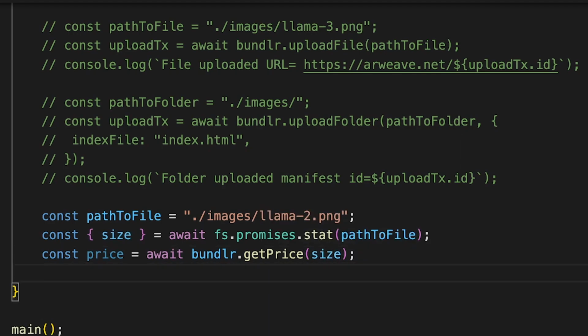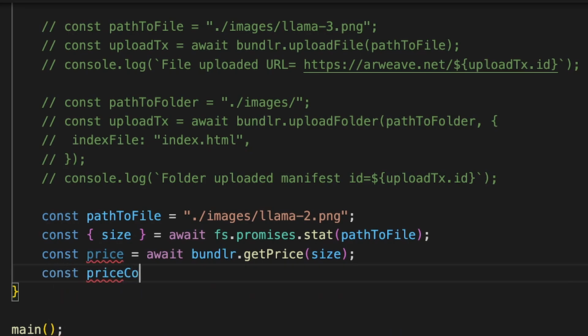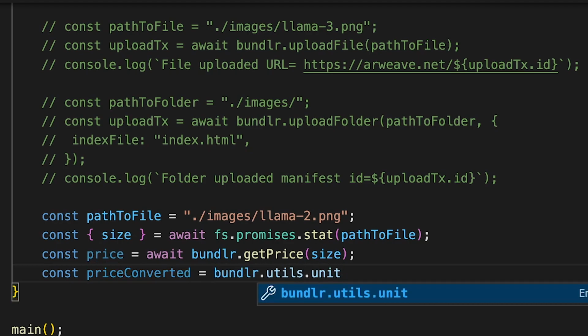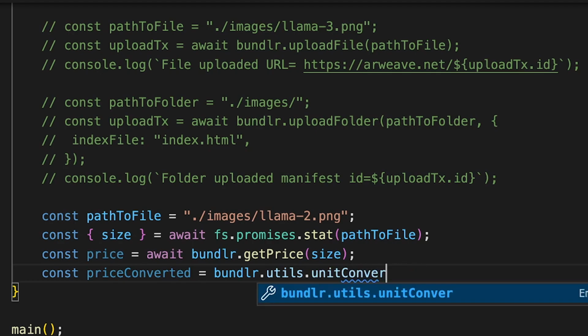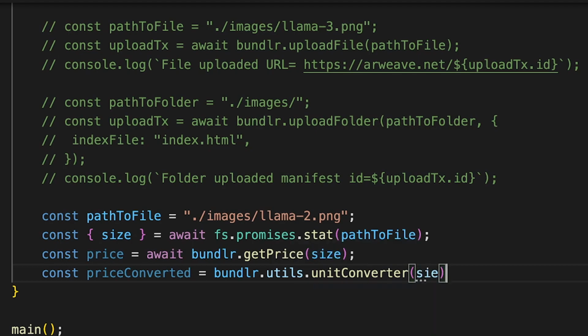Right, okay. And again, it's going to come in atomic units. You remember how to do this from above. How about price converted equals Bundler utils unit converter, and we pass in the size.